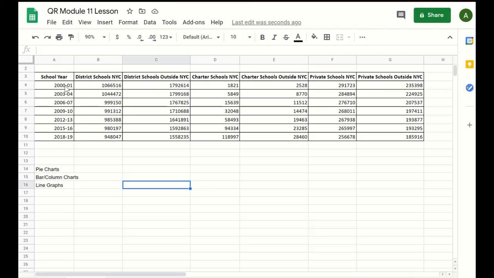But let's say I want to make a column chart for something similar as the pie chart. A column chart of the different types of schools for the year 2018 to 2019, right? So again, I want to create a bar chart of all of these numbers. So I expect to see 6 bars for the year 2018 to 2019, and each of the bars should be labeled as such, right? So let's go back to our paint,